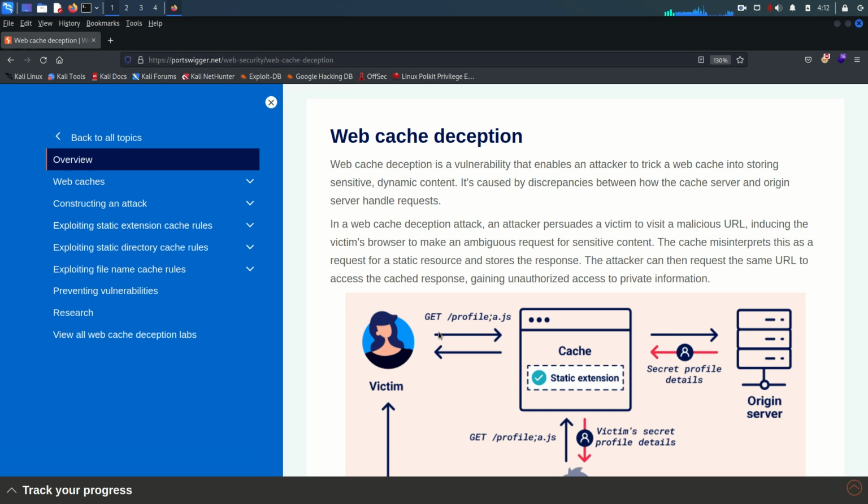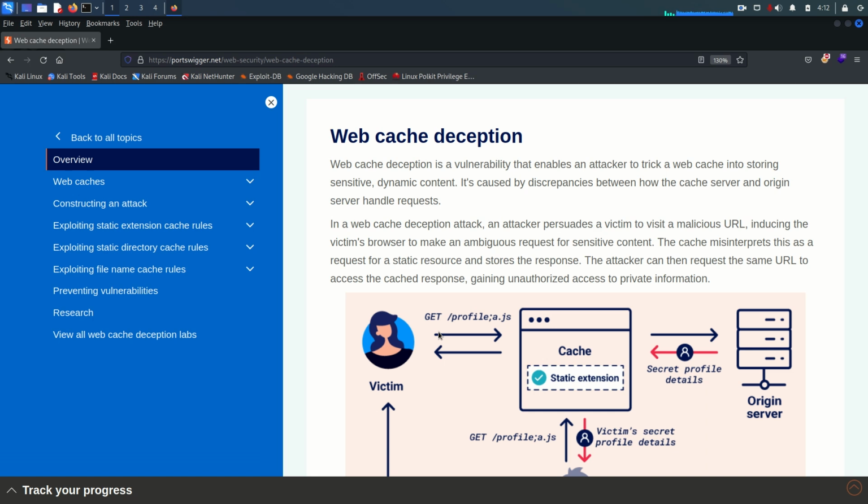This is Mohammad Badruddin back again with another module, the Web Cache Deception Vulnerability module from PortSwigger. Before going to solve the lab of this module, I will first describe and brief about the Web Cache Deception vulnerabilities. But before jumping into this module, I highly recommend you first go through